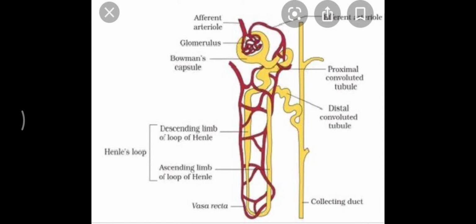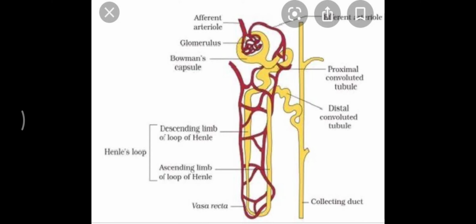So when we learn about the mechanism of urine formation, at that time you will clearly understand the role of the filtration unit and the role of the selective reabsorption unit. So this is the complete structure of the nephron, which is the kidney cell. Now you can see here the afferent arteriole that is forming the glomerulus. A maroon colored tubular system is there.